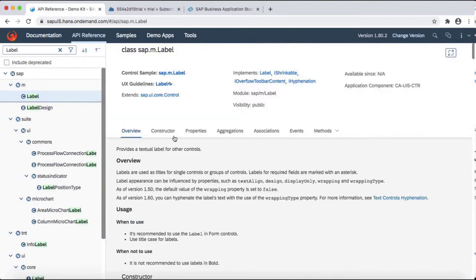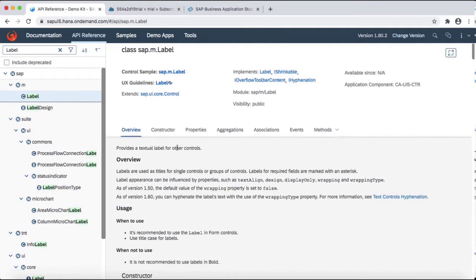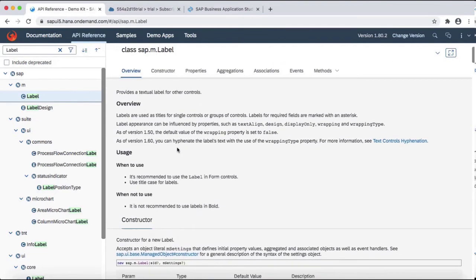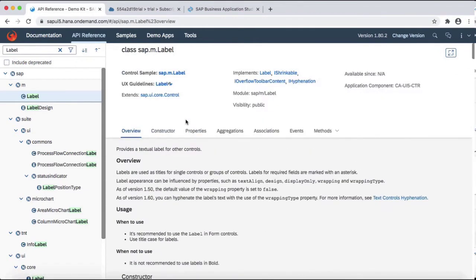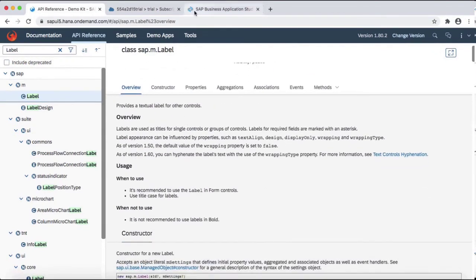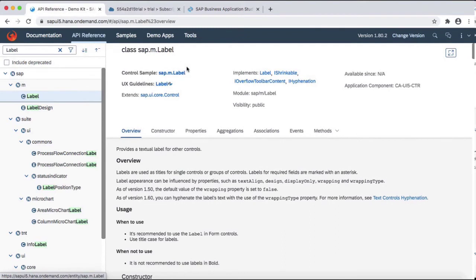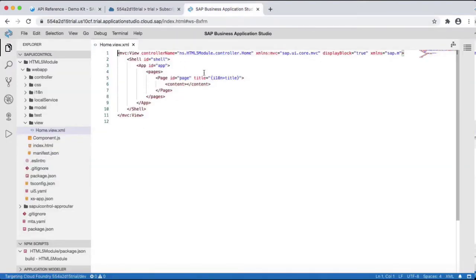Now you can go through the overview and uses of the control, and there are different properties of label. Since it is inside the sap.m library and we have a default namespace of sap.m, we can use the label control directly in the content of the page.